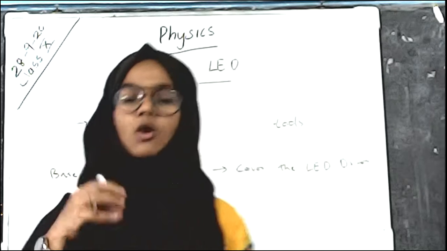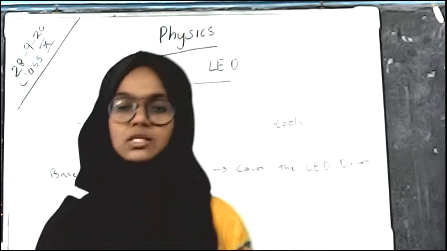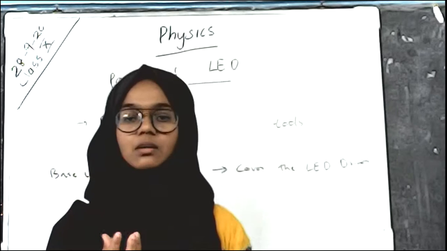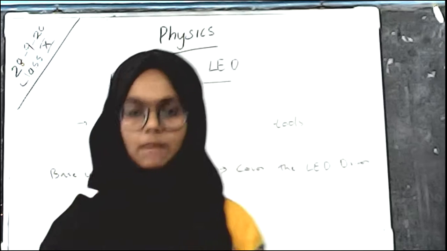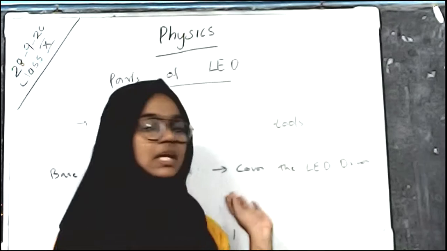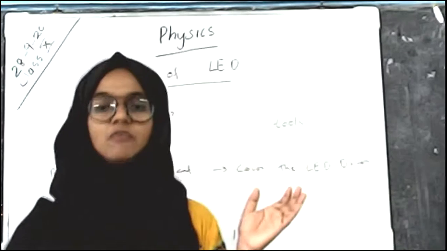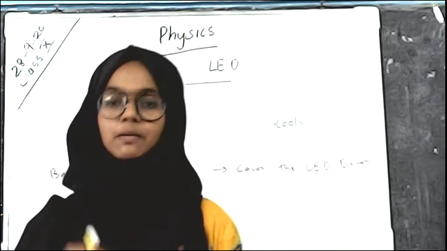And after making all of this, we are using the diffuser cup to close all of this. The diffuser cup is giving the light from the LED bulb. So through the diffuser cup, we get the light from an LED bulb. So we make all of the internal connections in series form. After making all of this, we use the diffuser cup to close all of this inside the bulb.